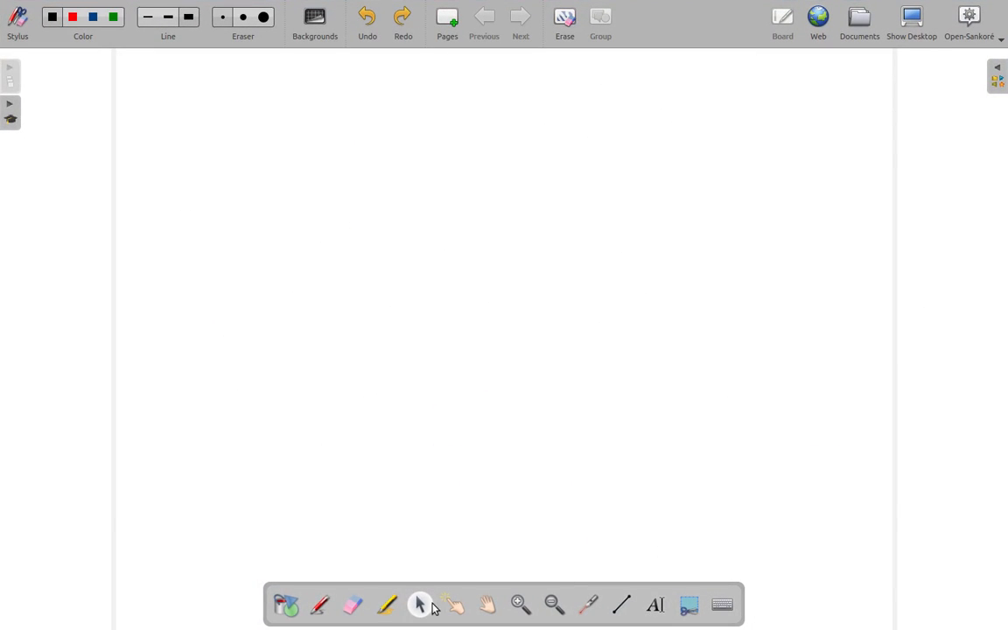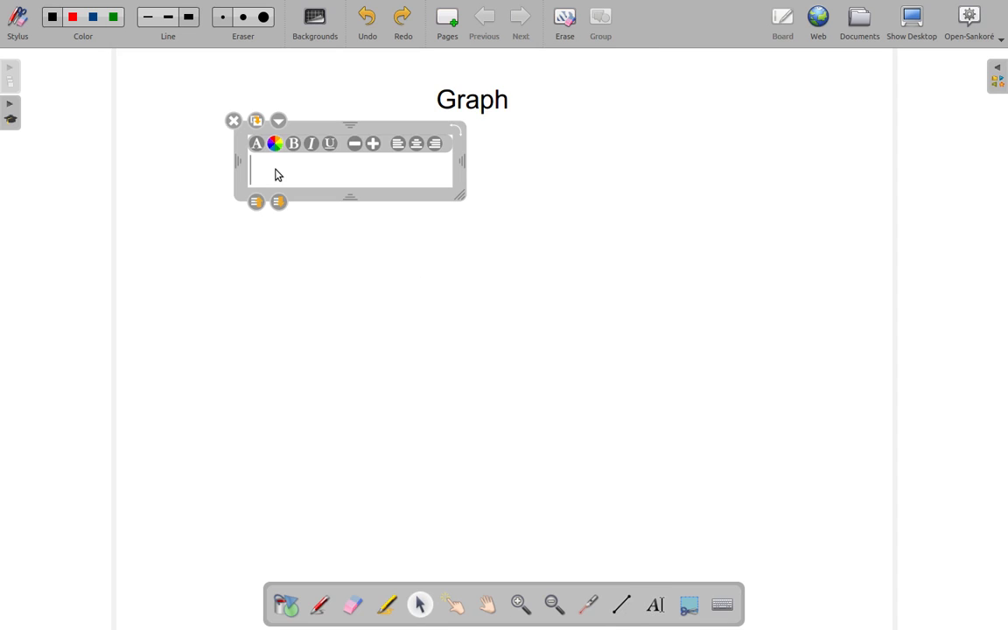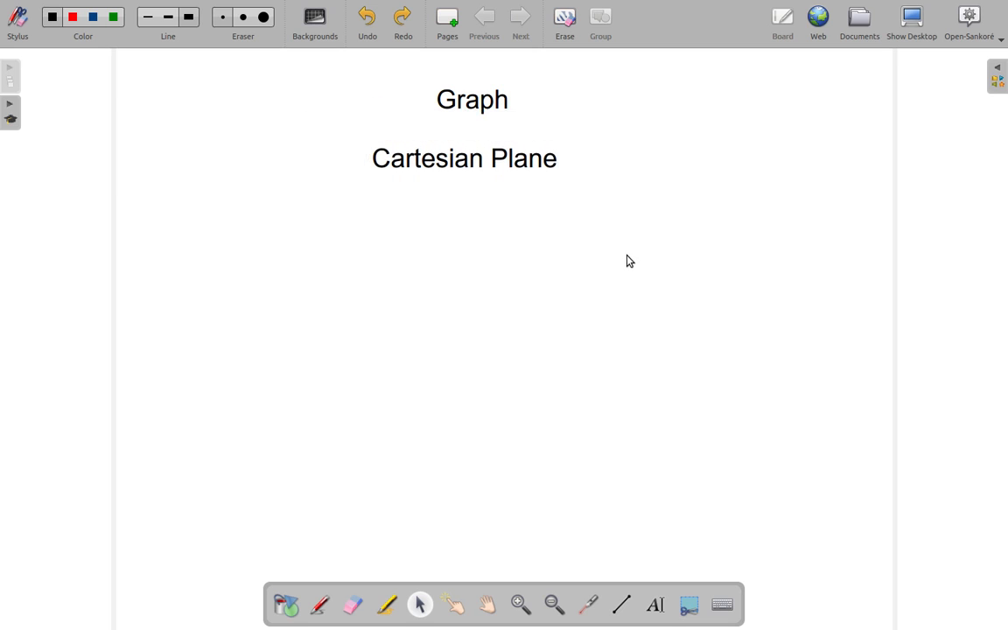Let me put his name here. First of all, the topic we're on to is graph, and what we're looking at here, how do they spell Cartesian? C-A-R-T-E-S-I-A-N. We're looking at the Cartesian plane. Now, what this thing is,